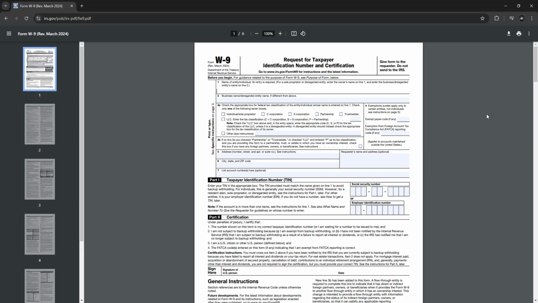Greetings everyone. Today we're going to be discussing a tutorial on how to fill out the W-9. It's been revised as of March 2024, so this is a new version of the document. It is similar to the old versions, but this is the newest one, and we're going to do another video and tutorial discussing in a little further detail how to fill this out when your employer or really anyone